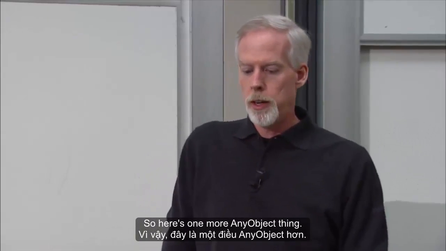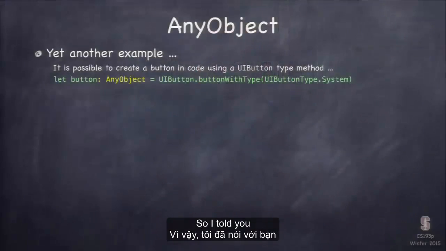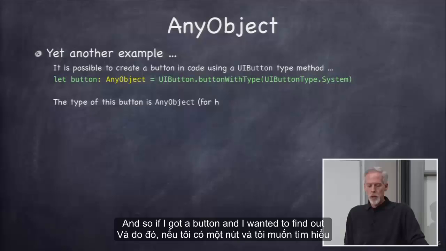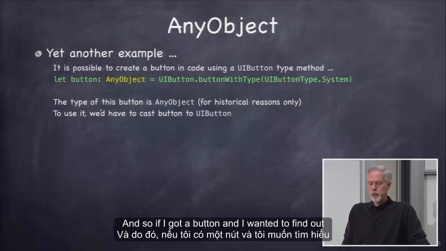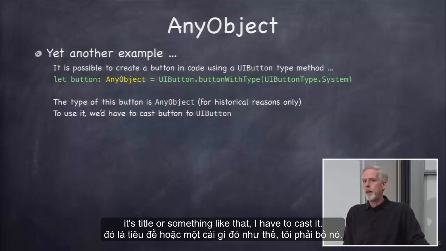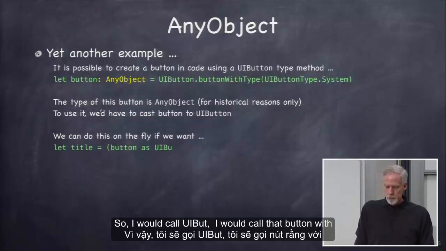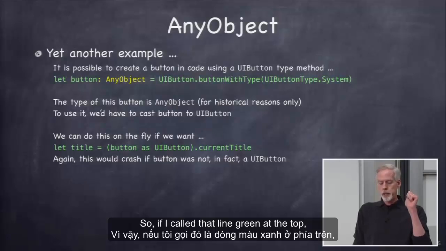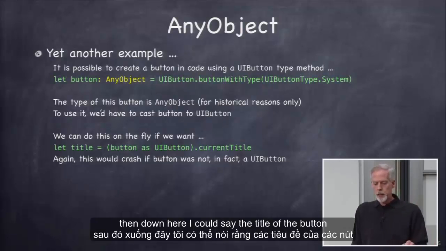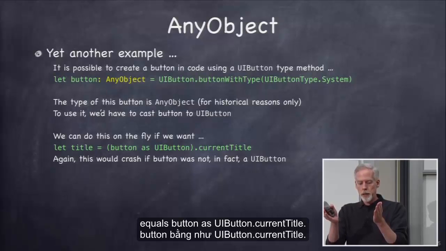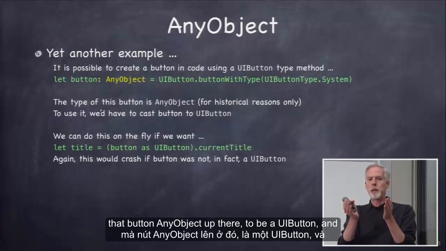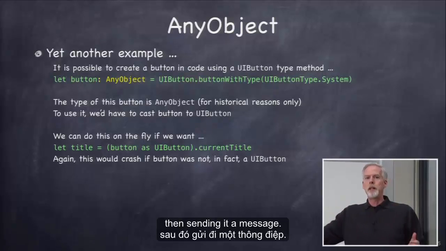So here's one more AnyObject thing. Let's go back to that button thing. So I told you the buttonWithType returns AnyObject. Okay? And so if I got a button and I wanted to find out its title or something like that, I have to cast it. So I would call that buttonWithType, and I can cast on the fly, right inline. So if I called that line on green at the top, then down here I could say the title of the button equals button as UIButton.currentTitle. So I'm just casting that AnyObject, that button AnyObject up there, to be a UIButton, and then sending it a message. So you can cast